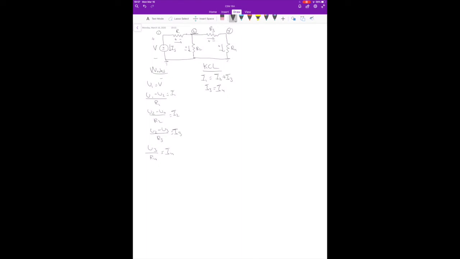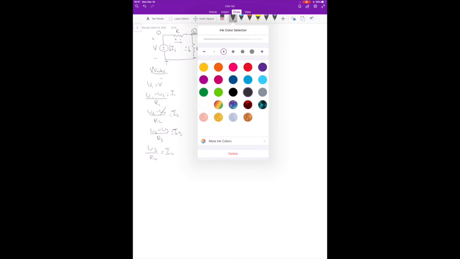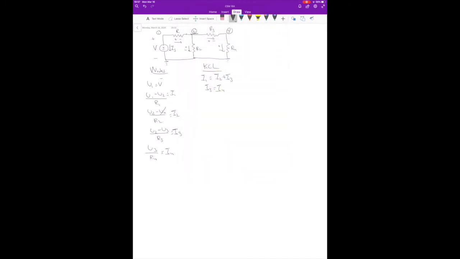So let's try to write in our equations. One more thing I'm going to do is first cross out all these U0s, and then I'm also going to label this U1 with just the V, because we already know what it is. Okay, so we know that I1, V minus U2 over R1 specifically, is equal to U2 over R2